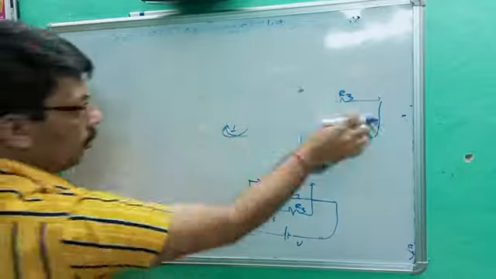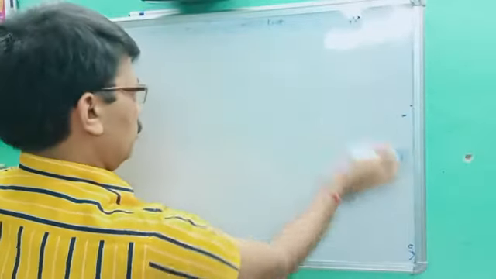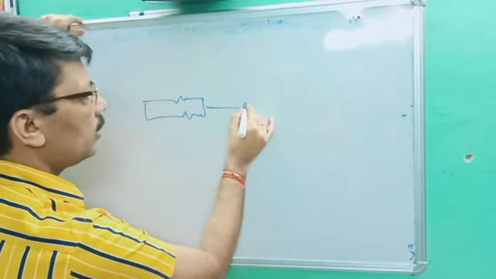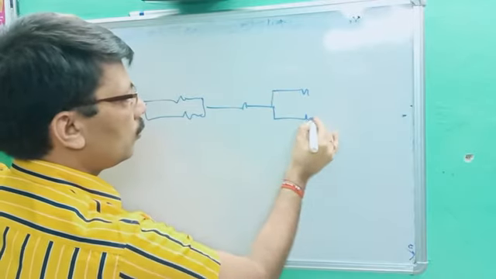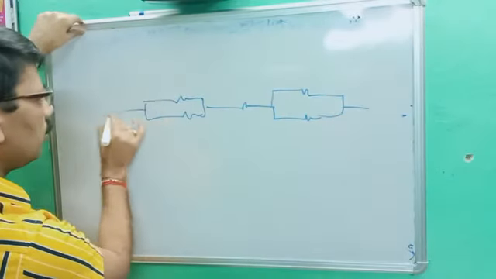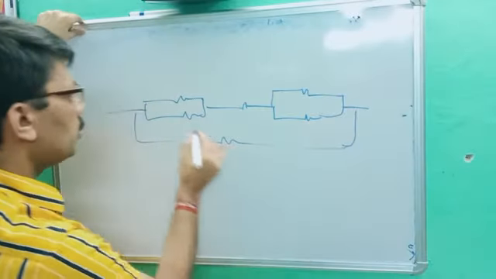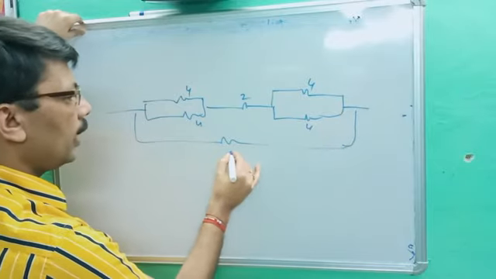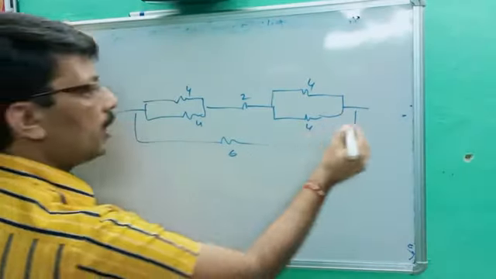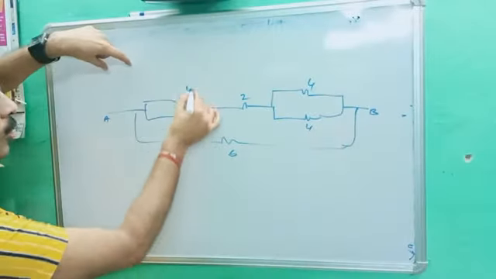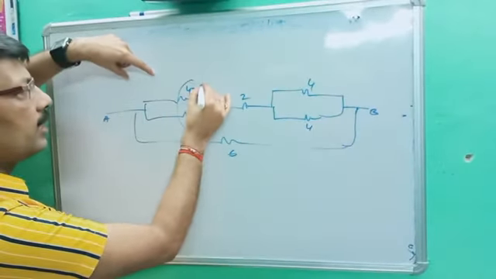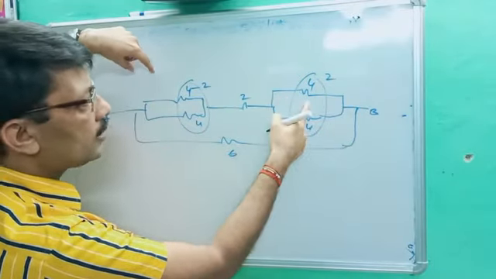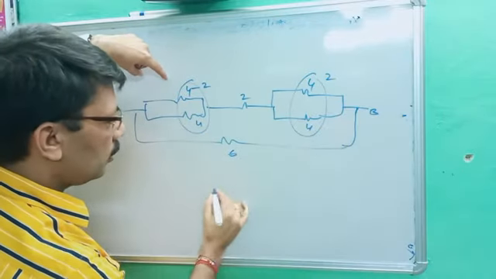Third is mixed. Let's suppose the question is given like this. Very easy, you can solve it. Let's suppose these are 4, 4, 2, 4, 4 and it is given 6, and I ask to find the resistance between AB. In the same way you can solve it very easily. The two 4s are in parallel, 1 by 4 plus 1 by 4, so the answer will be 2. The other two 4s are in parallel, the answer will be 2. The 2s are in series, so 2 plus 2 is 4, plus 2 makes 6.